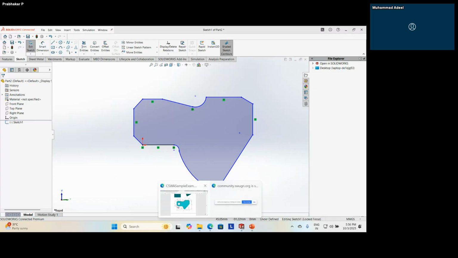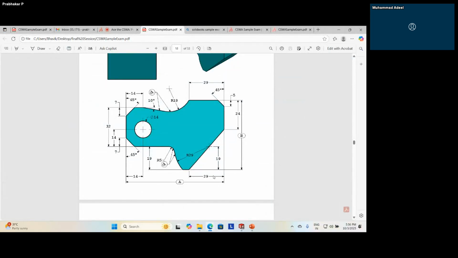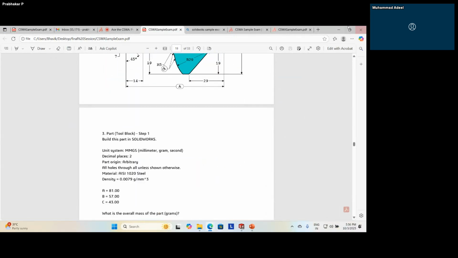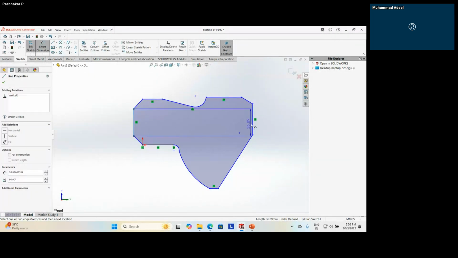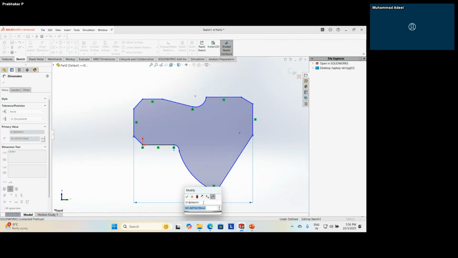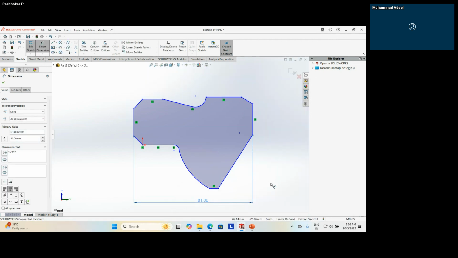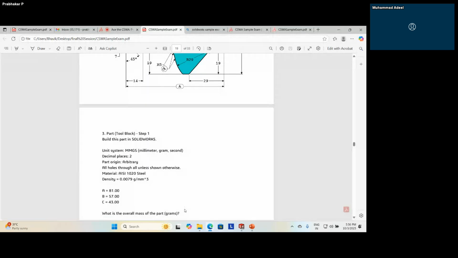Now you start giving the dimensions. A has been given as 81, so end to end is 81. Next, B is 57.